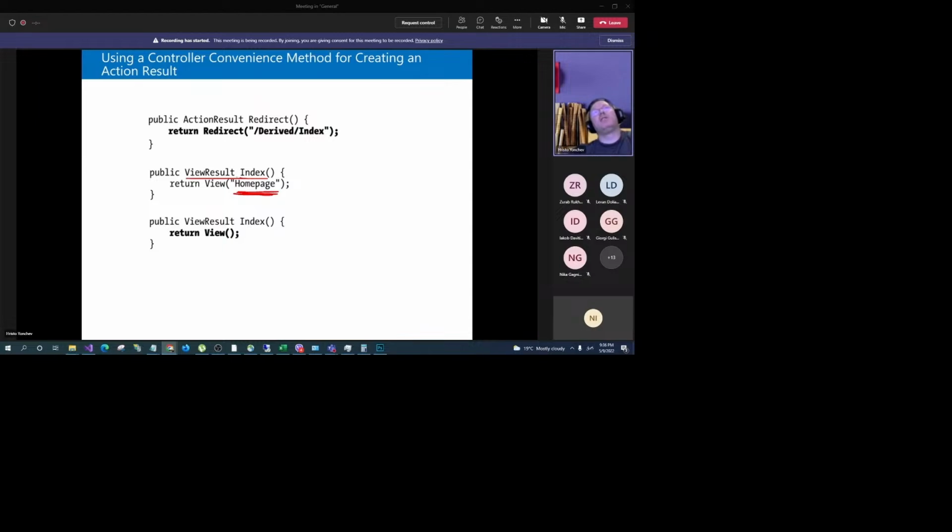Make a request to index and say return the home page. It will search in the view folder to be returned with the views. The view with name home page will be searched in the view folder. Like, what is the name of the view? If you do not specify the name of the view here,